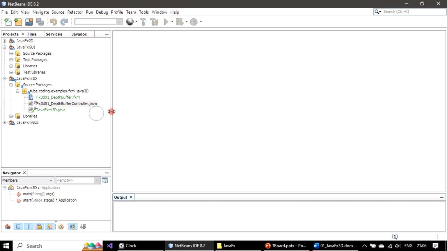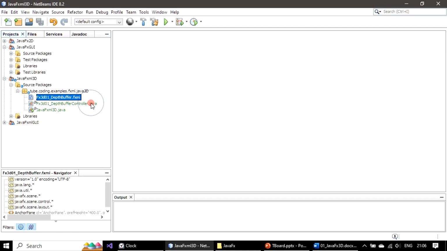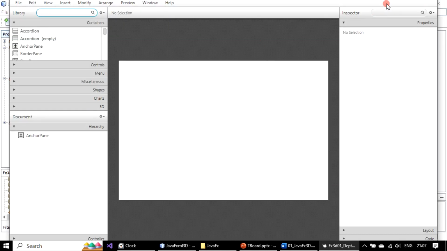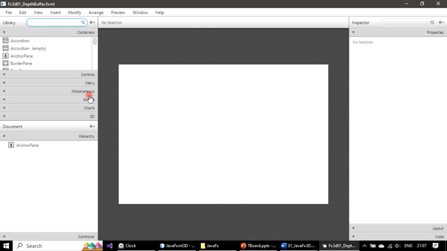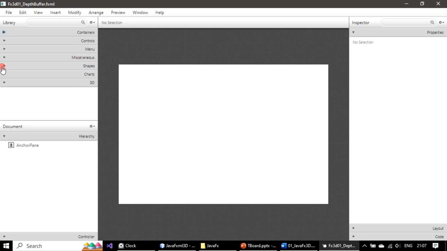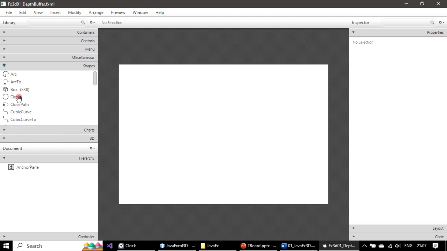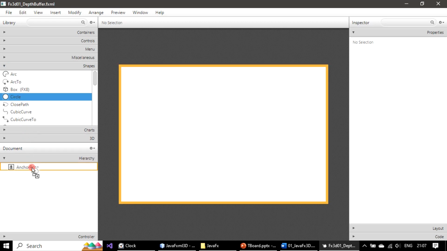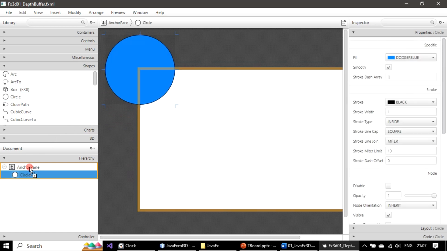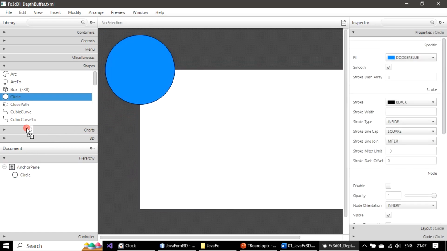Right. So this will be our entry point. We will be reusing this. For now, I will open this Fxml like we did previously. So this will be our stage. Stage already has an anchor pane. Now we will place a 2D shape inside this anchor pane, and we will accept the default location, so it will sit in the top like this. So I'm just dropping it. So this will be our first circle. We will drop the second circle,